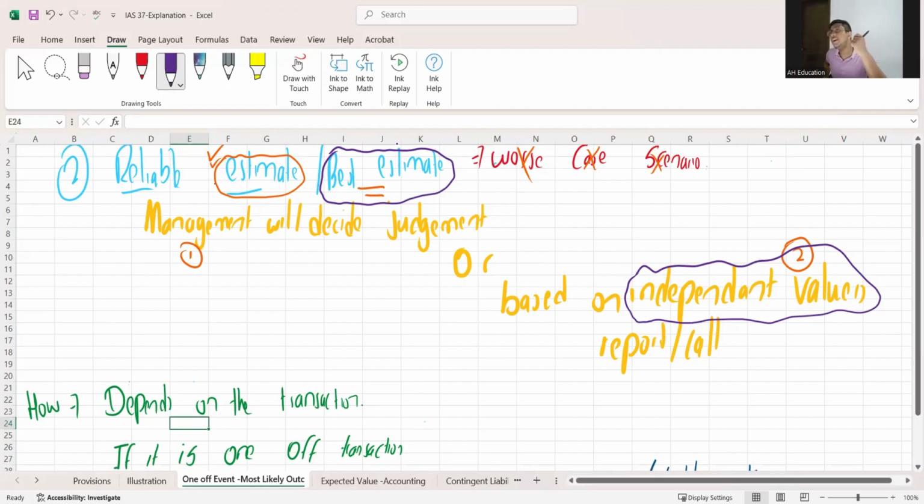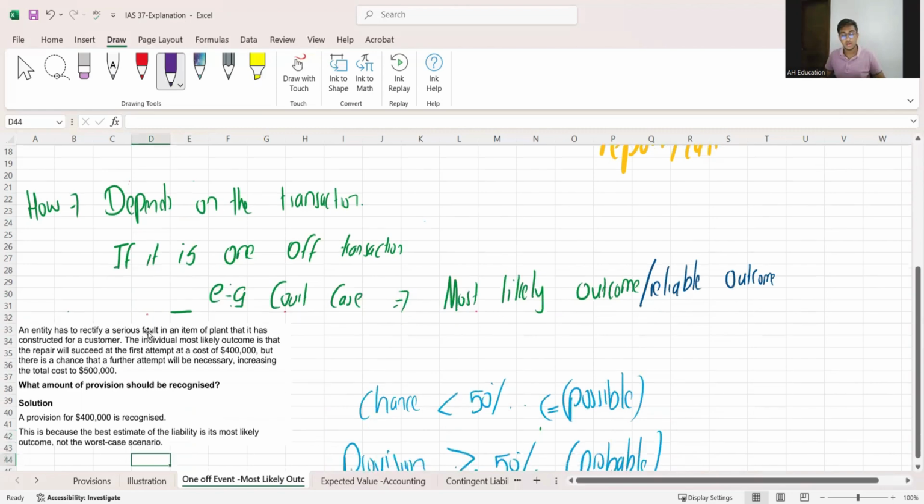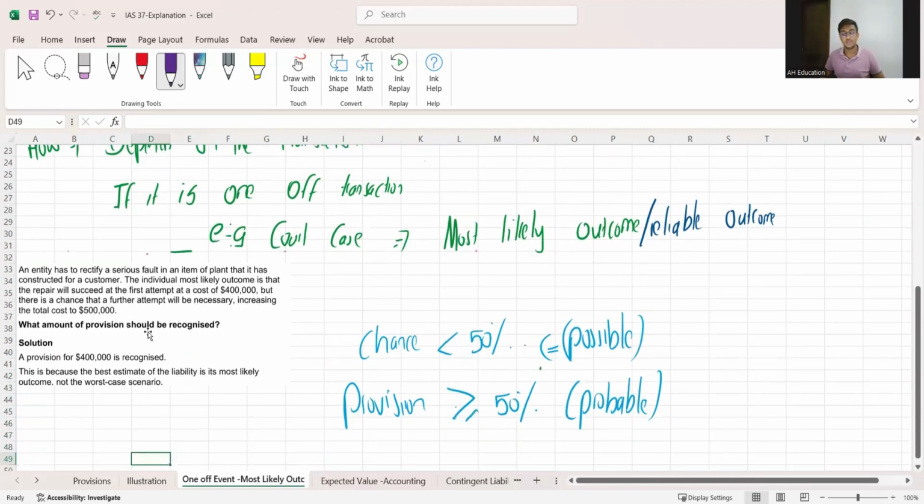You will be needing to pay within a year. You will be needing to pay within 5 years. This is how independent valuers come into play. Okay. Now in terms of your accounting, I told her, if it's a one-off transaction, what do